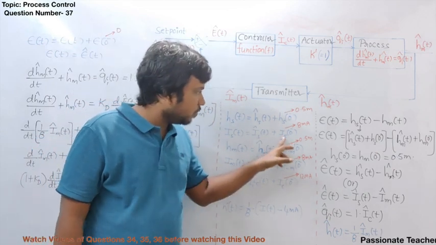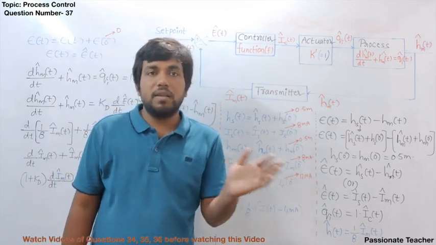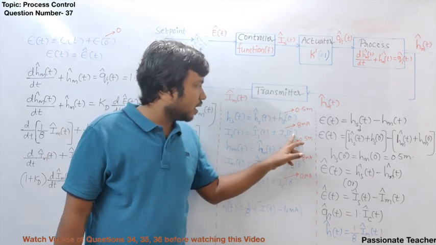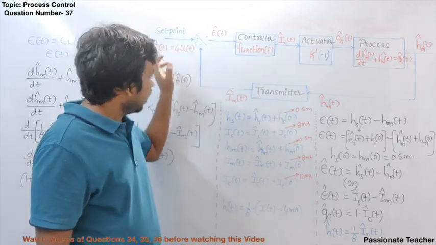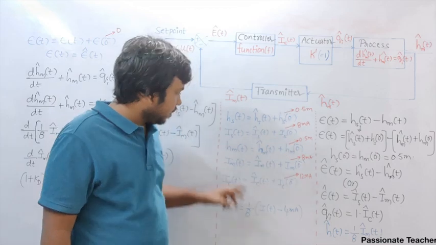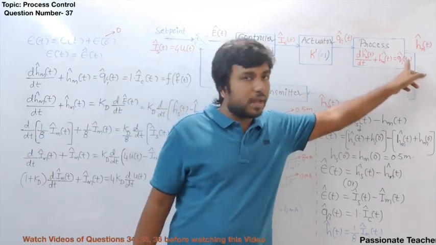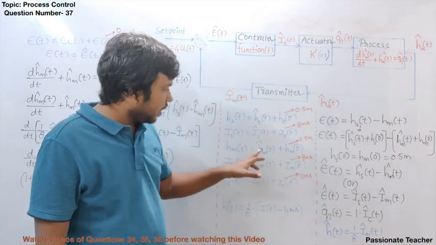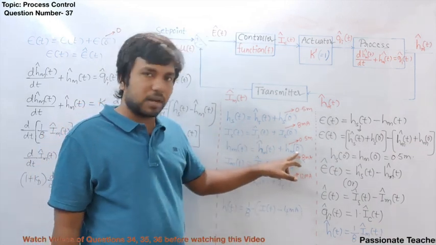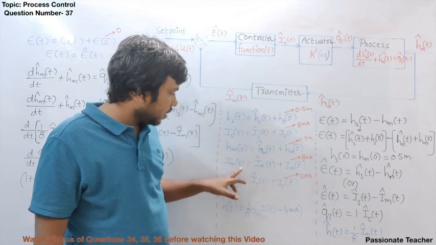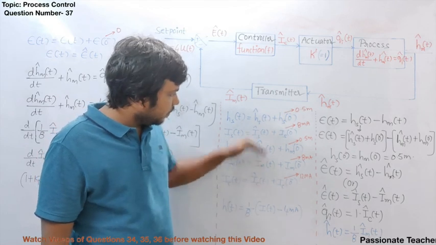Here Is of 0 minus means the initial current of the set point before we change the set point, that is 8 milliampere. Corresponding to that, we have Hm of t, the water level in the tank at any point of time. That will again be the deviation plus the initial water level. Corresponding to that, we have Im of t. Now this set is clear.